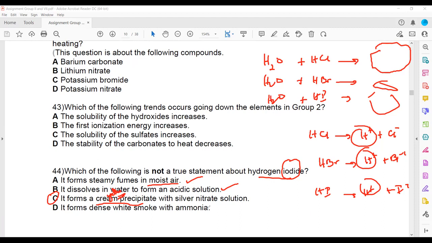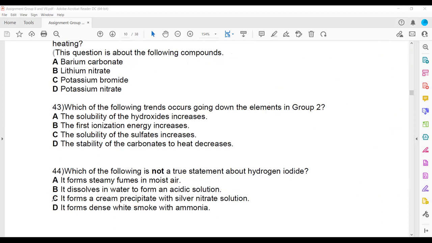It forms a dense white smoke with ammonia. That's true because when ammonia reacts with these hydrogen halides, it will form the salt ammonium chloride or ammonium bromide, which is a dense white smoke. So ammonium chloride, ammonium bromide, or ammonium iodide result in a dense white smoke. So these are the MCQs related to